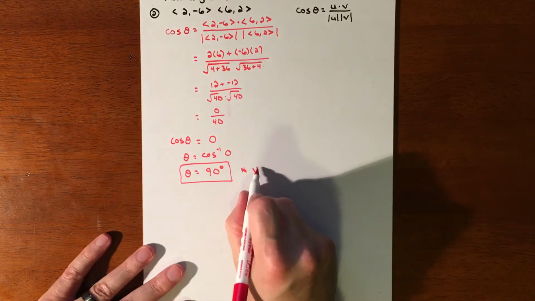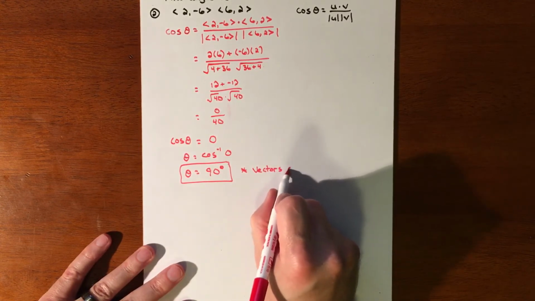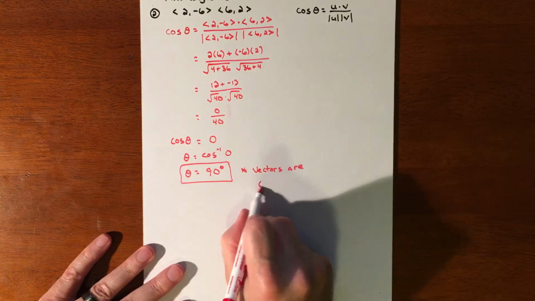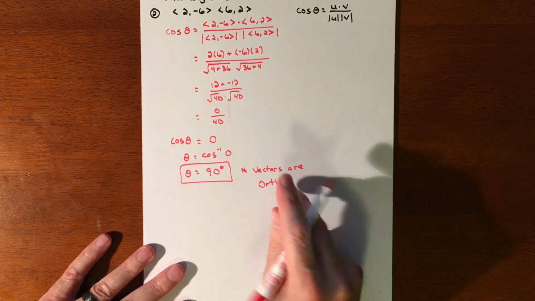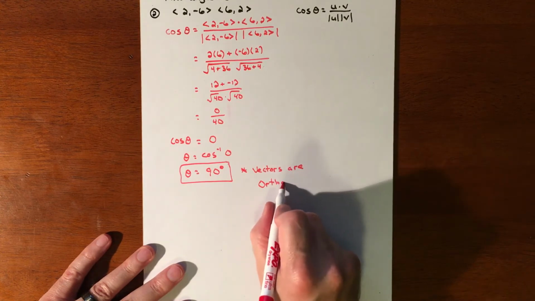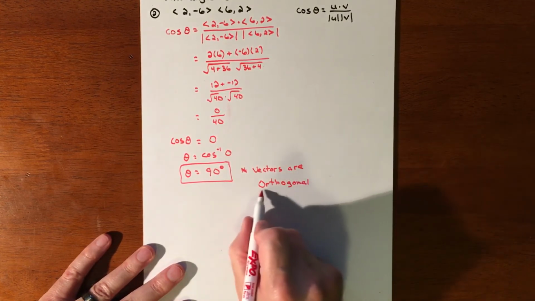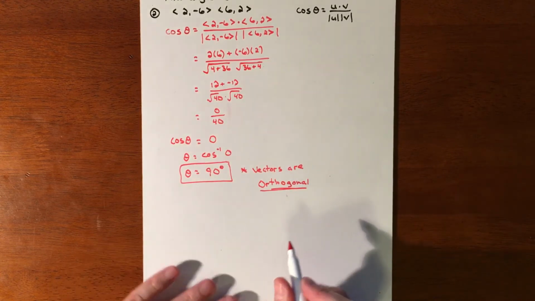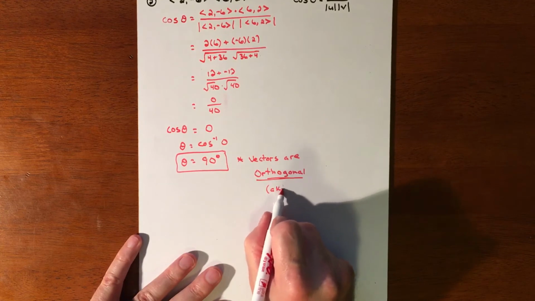That means that these vectors are orthogonal. And orthogonal means that they are perpendicular to each other, aka